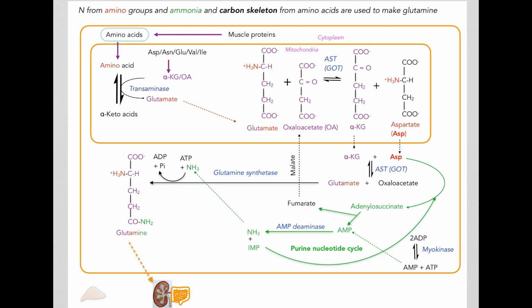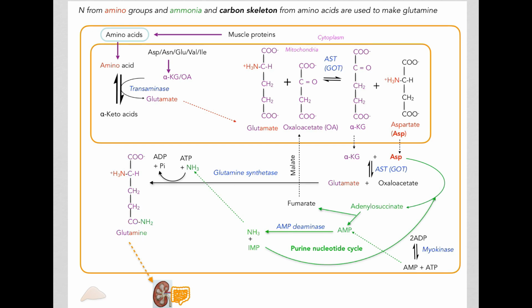So let's look at glutamine carefully and see where the different parts of glutamine come from. We have this amine group that's connected to the alpha carbon. So this is your alpha amino group. And then we have this amine group that is connected to the R group of glutamine. This is in the form of an amide. And then we, of course, have the carbon skeleton of glutamine. So let's see where these different groups come from in the case of glutamine that is made in the skeletal muscles.